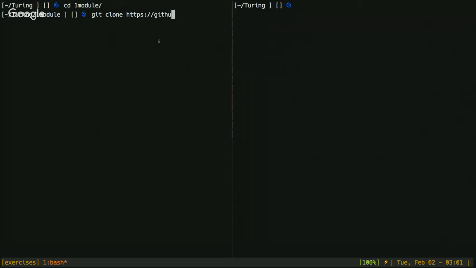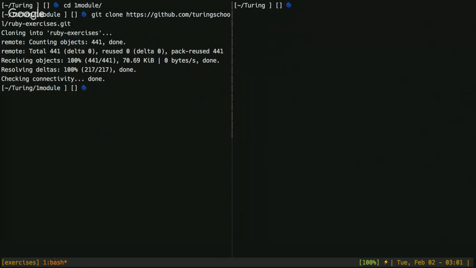Don't worry about this URL. I'm going to paste this into your Slack channel. Okay, bear with me while I get this over.